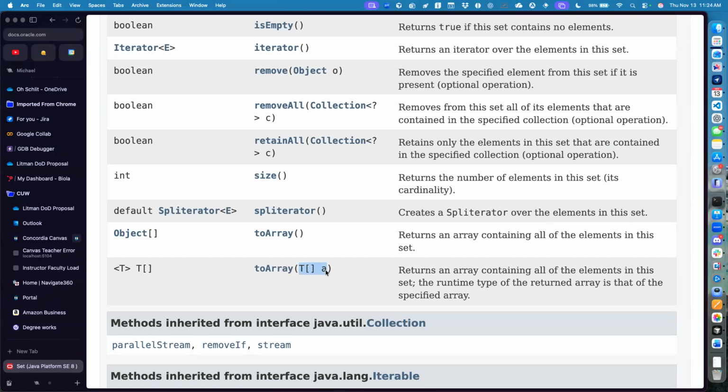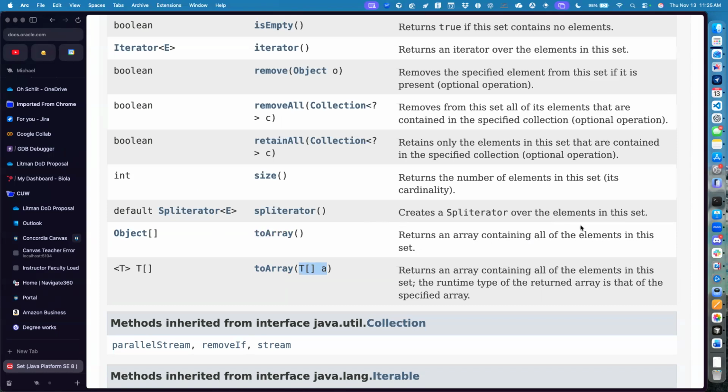So type T is going to be a room. So should I make exit room separately and then pass it in? Well, no, this is okay. But what you're passing it there is an empty array. So new room 0 is an empty array. This is an array capable of holding 4 things. So when you say to array, you're